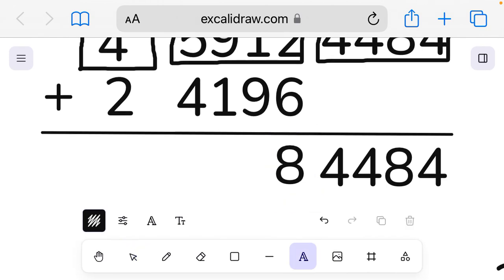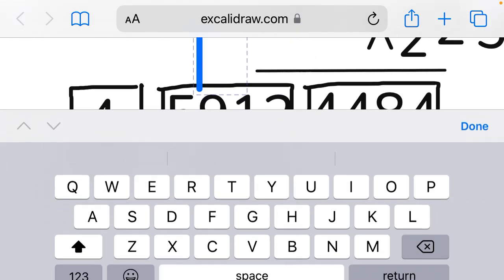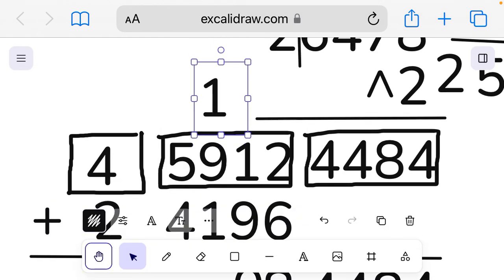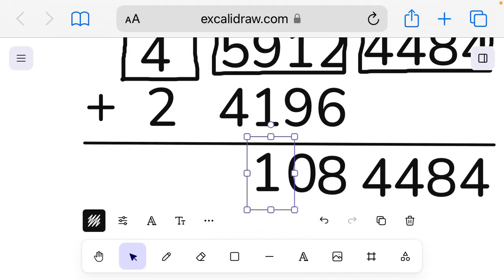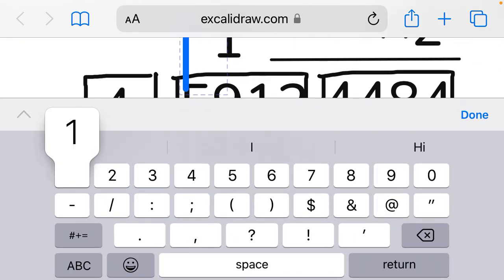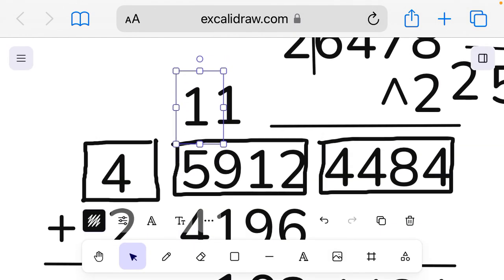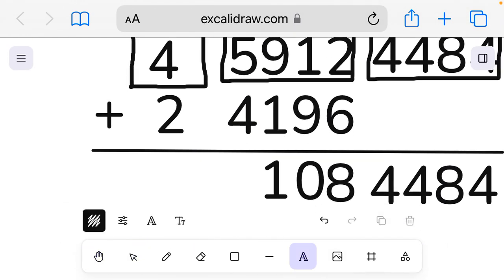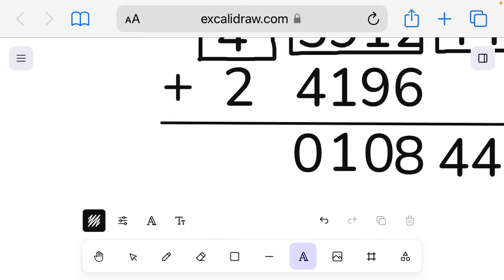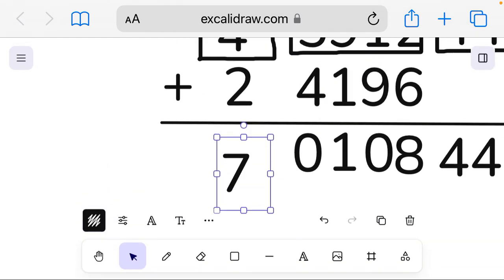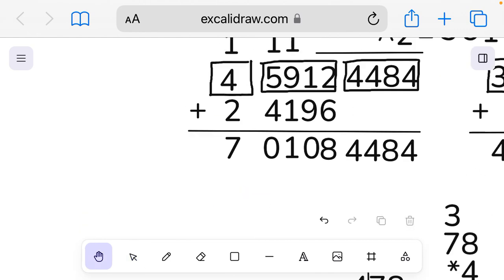1 plus 9 is 10. Carry the 1. 1 plus 9 is 10, plus 1 is 11. Carry the 1 again. 1 plus 5 is 6, plus 4 is 10. Carry the 1 again. 1 plus 4 is 5, plus 2 is 7. So that's the answer. We have